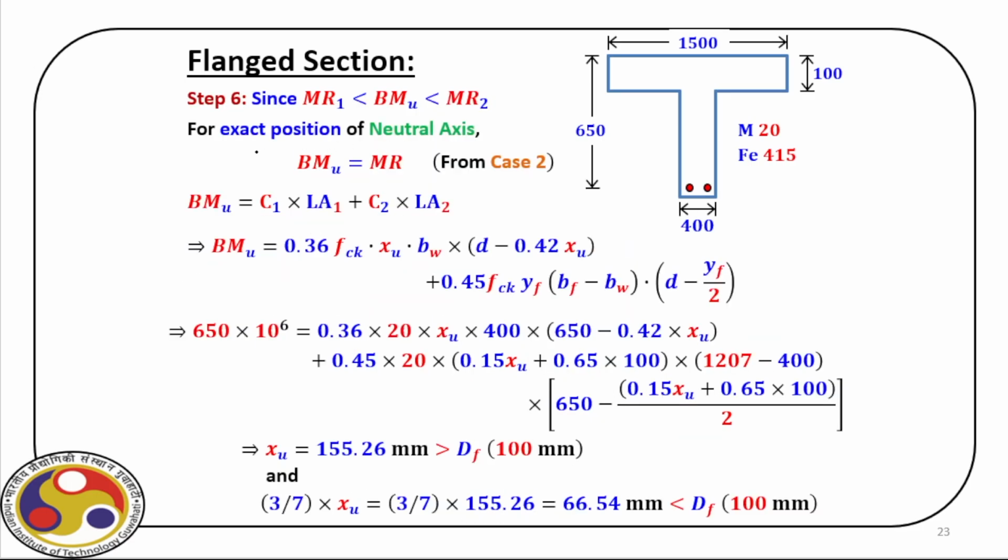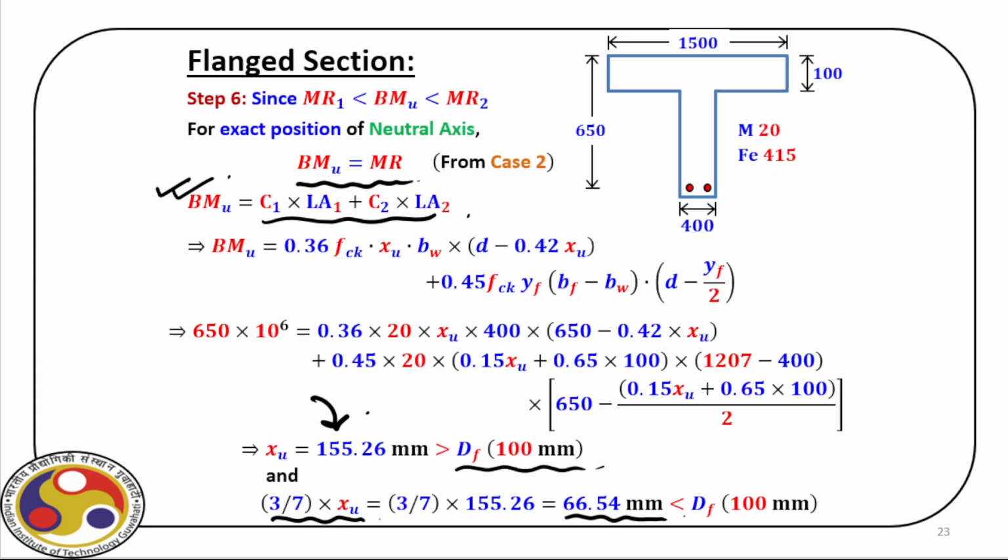Now, for this exact position of the neutral axis, for case 2, we have this condition. And then what we do, we balance this applied bending moment with this condition. And then we first find out what is XU. This XU is greater than DF. And then we find out 3/7 of XU, which is less than DF, right? 3/7 of XU is